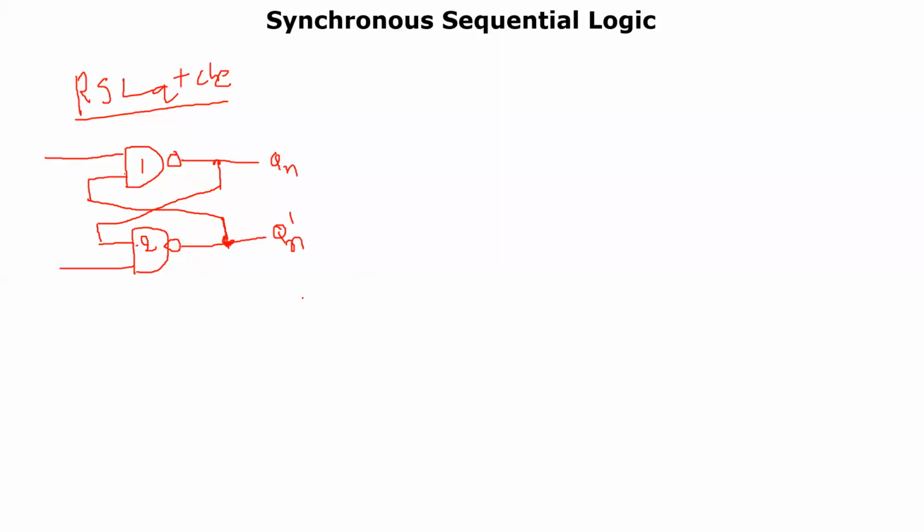Then how could you operate this S and R? From the ordinary point of view, you have to connect the S value. At the complementary form, you have to connect the R value, something like this. This is the basic latch. The basic latch will look in such a fashion. Okay, this is the basic latch.